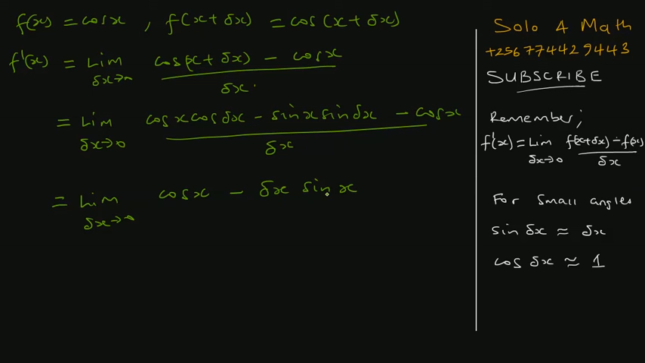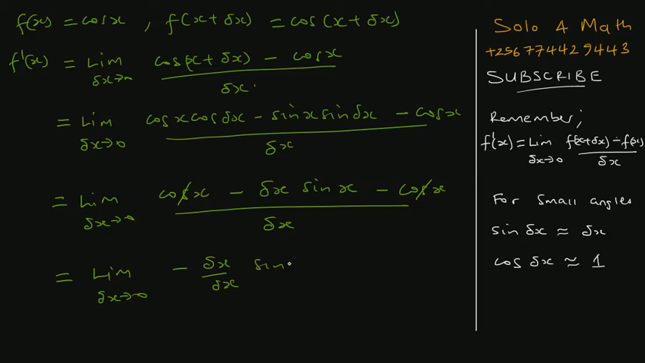Sine x, this sine x is this here, then minus this cos x over dx. So this goes with that, giving us a limit as small change in x tends to 0 of, we remain with a negative dx over dx sine x. So if this and this go, we remain with a limit as dx tends to 0 of a negative